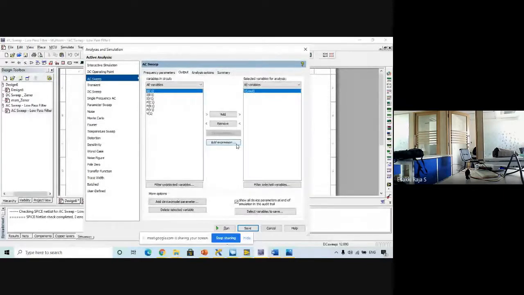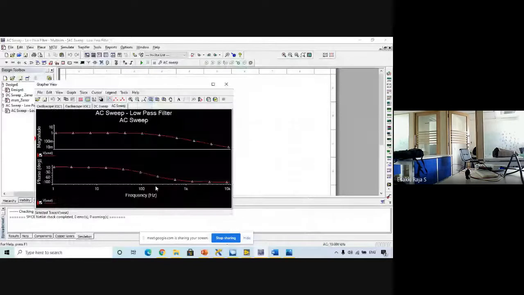If I run, we'll be getting the same data, magnitude and phase, whatever we have seen before. Till 158 hertz we will be getting a proper magnitude. After that, it will completely decrease.